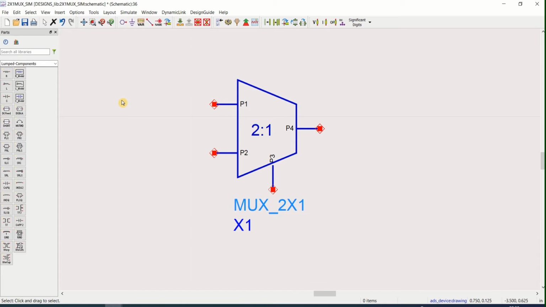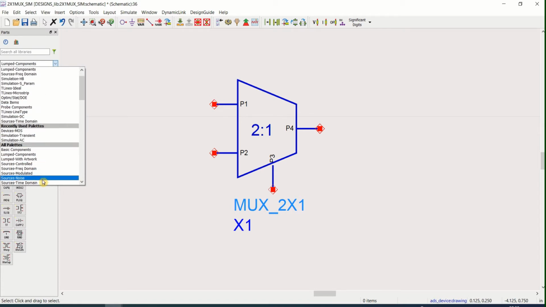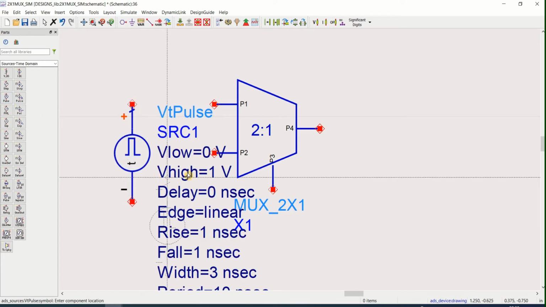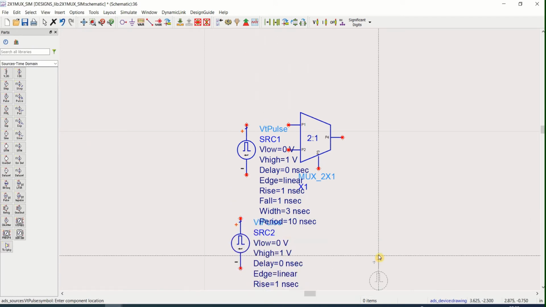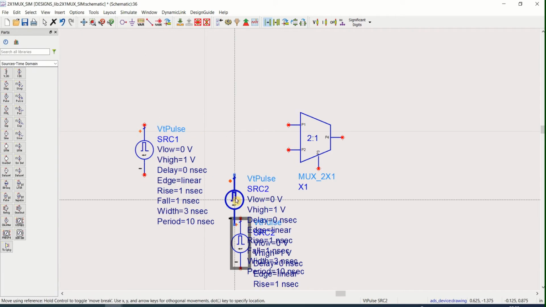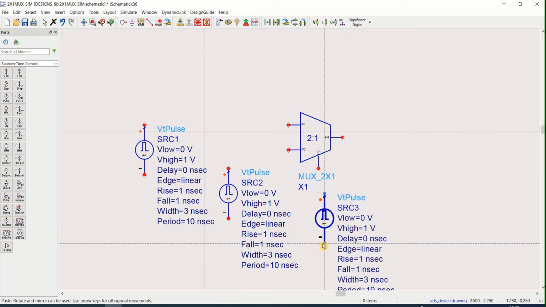Place the A with pulse values. You can go to the sources, time domain, place the pulse. You require 3 pulses. First pulse will act as A, the second pulse for B, and the third pulse for C, for the control signal.